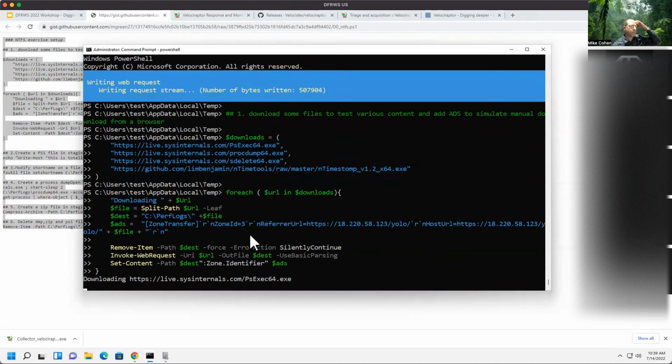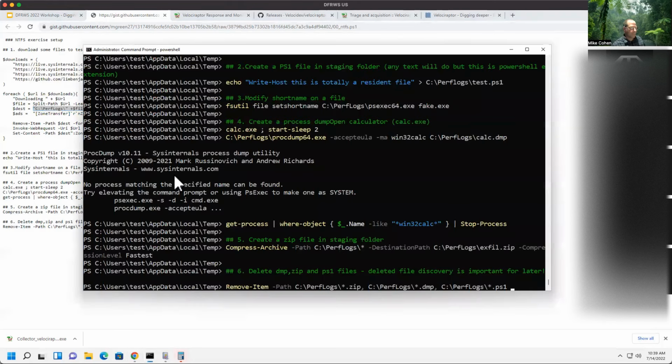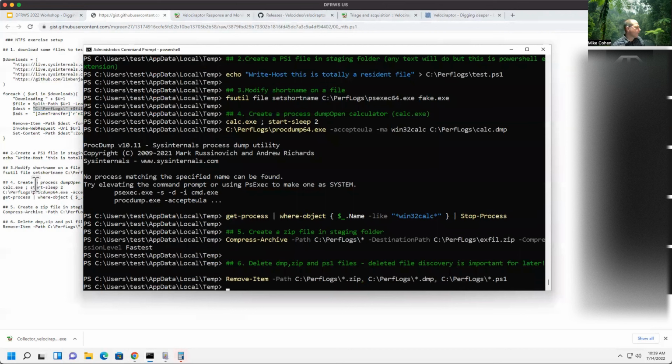What it's going to do is download a couple of tools, psexec, procdump, etc. What this exercise does is try to replicate what an attacker actually does on the machine, right? It downloads a bunch of tools, puts them in a weird place like perflogs, kind of hard to find, and then it adds some ADS to it, alternate data streams. So we're trying to emulate what it looks like when an attacker does these things. And then it deletes some stuff, and that prepares the